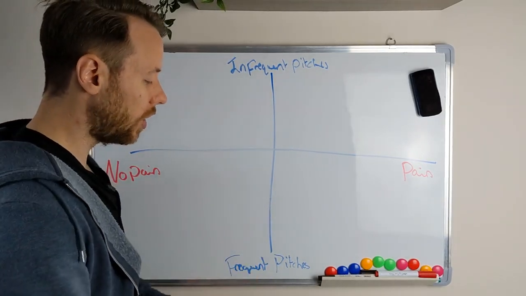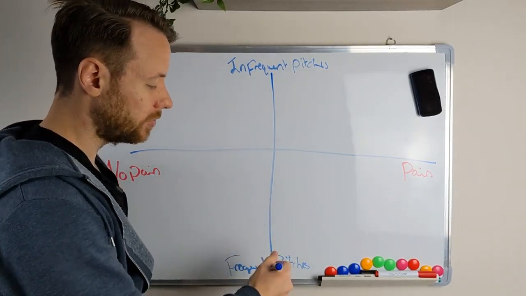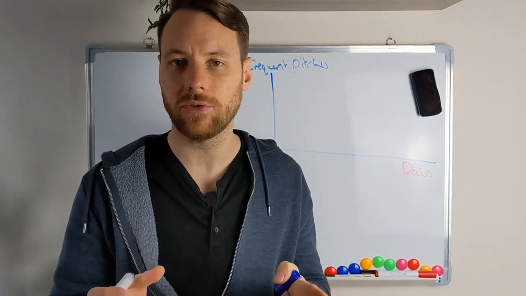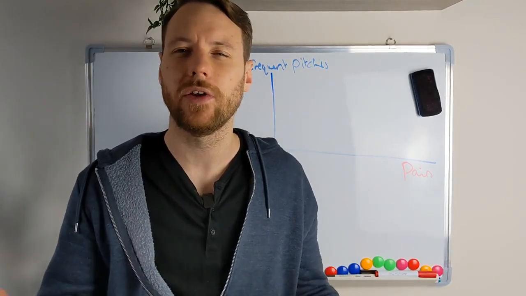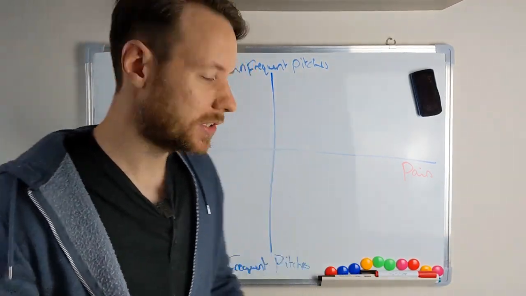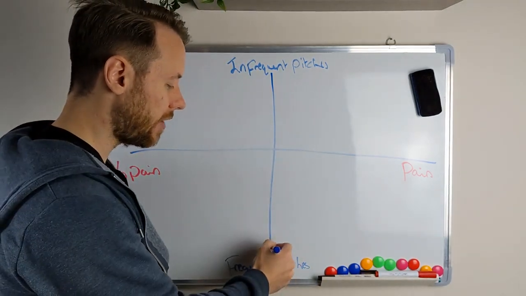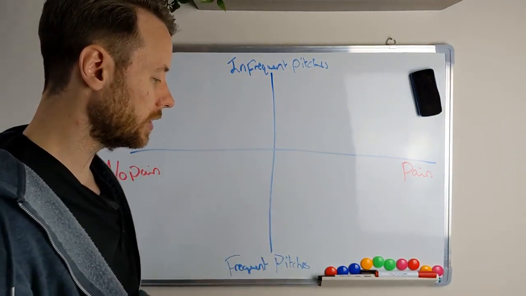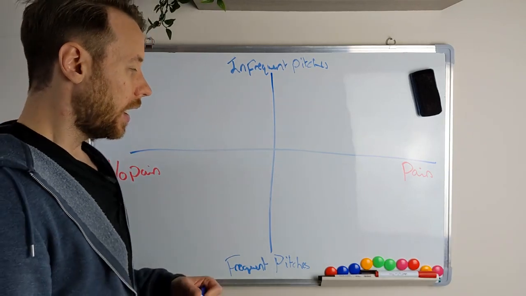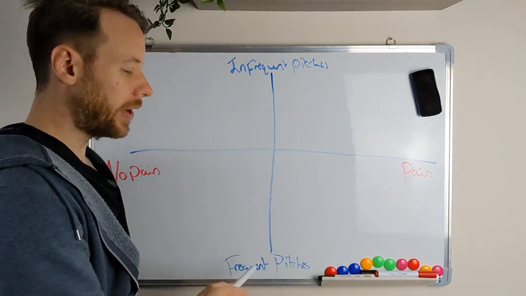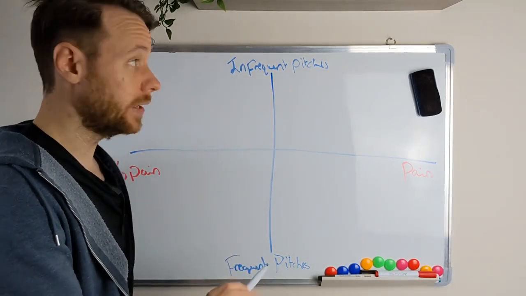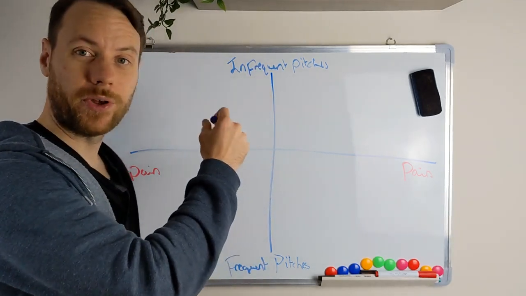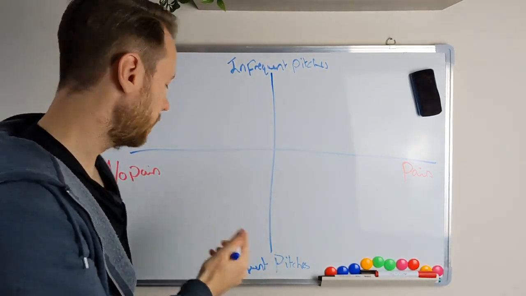So I have to adopt a completely different approach, particularly with a mass crowd which gets hit up a lot. For this example, let's say life coaches. They get hit up an awful lot, so they're right at the bottom here with frequent pitches. I would speak to the people who get pitched frequently very differently than the people who don't get pitched at all.